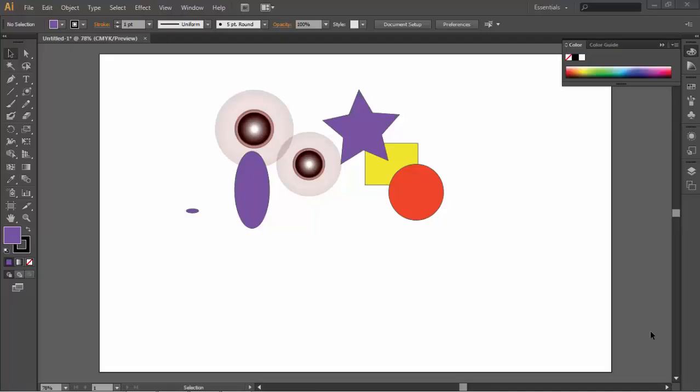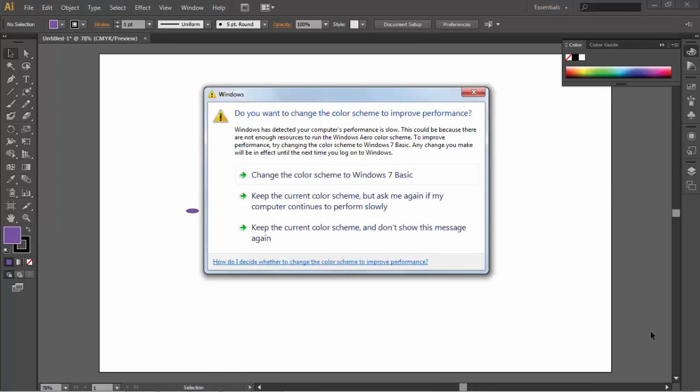Hi, the next topic is locking. Sometimes, you may have an object placed exactly where you want it, and you want to avoid moving it by accident. For example, if you have a large image or graphic as a background for the page, you may select it and move it accidentally if you're not really careful. To help you avoid such a situation, Illustrator CS6 has a function called locking. When an object is locked, it can't be moved, adjusted, or altered in any way.